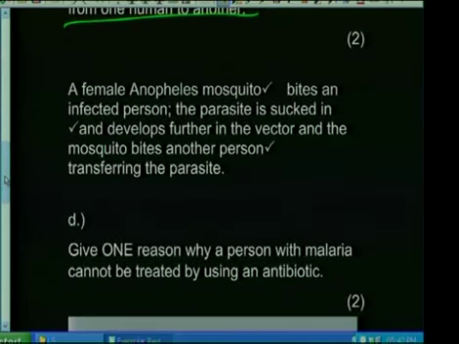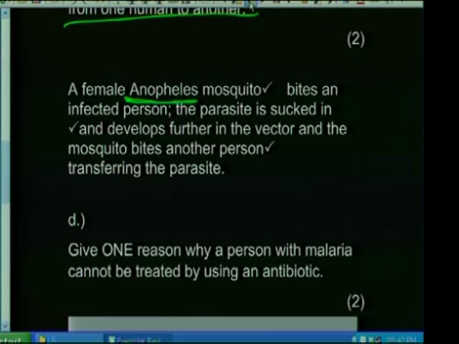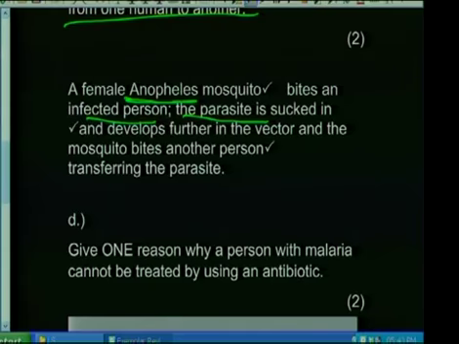The correct answer, simple, a female, not human, but a female Anopheles mosquito, bites an infected person. When that person is bitten, the mosquito sucks blood from that person. If that person has the parasite, this parasite is sucked into this female mosquito, and it develops further in that